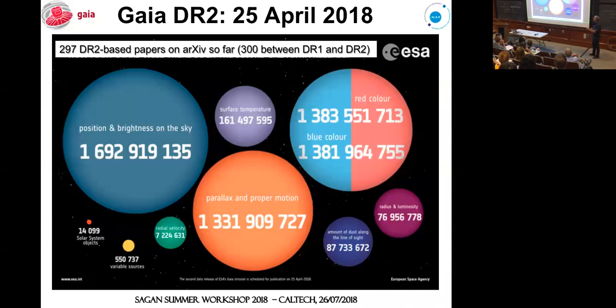brightness in the Gaia-specific G band photometry are observed. And obviously, the most important one is the larger than a billion data set of sources for which it was possible to measure proper motion and parallax, all the 5 basic astrometric parameters. In the era of Hipparcos, 20 years ago, you had of order 100,000 stars for which you could measure these 5 numbers. This is the first fantastic revolution in the field provided by